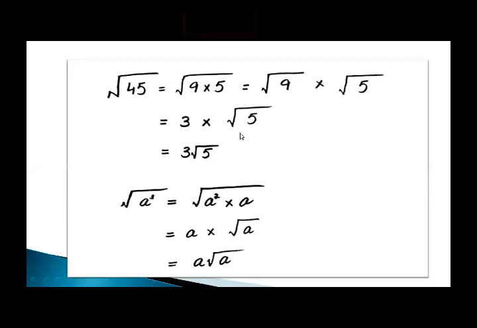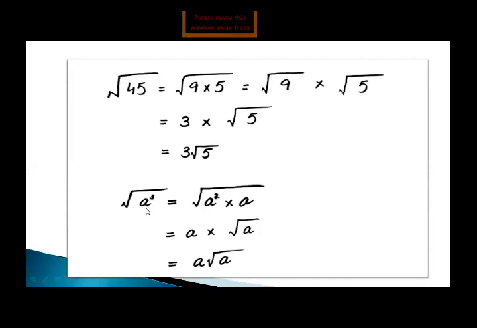So root 45 equals 3 root 5, which means it's a surd, because although 3 is present in the form of a coefficient, the root is present with 5 as the radicand. So it's a surd. The next example is